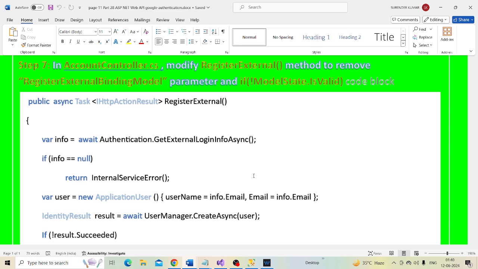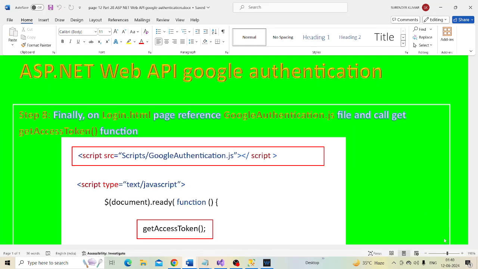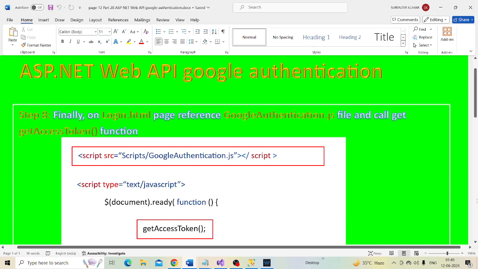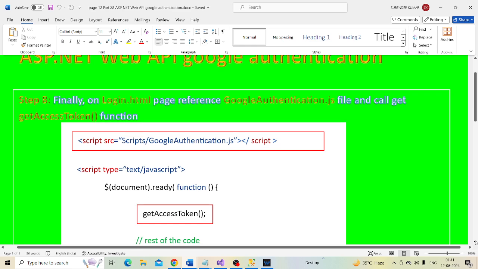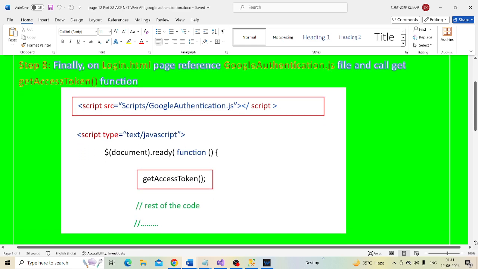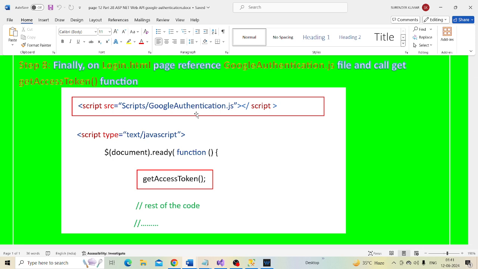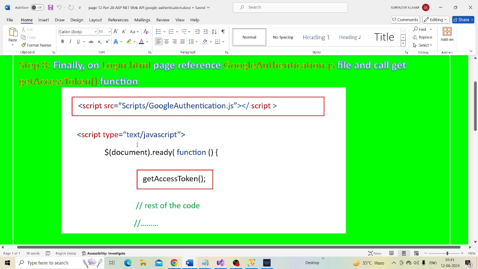And finally, the login.html page. Reference the google-authentication.js file and call the getAccessToken function.